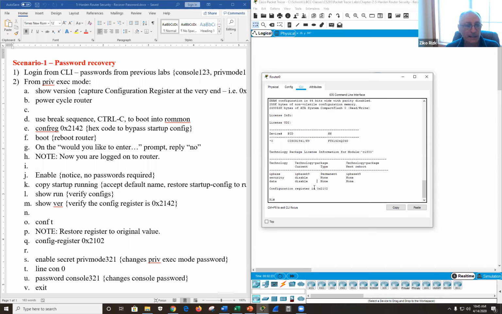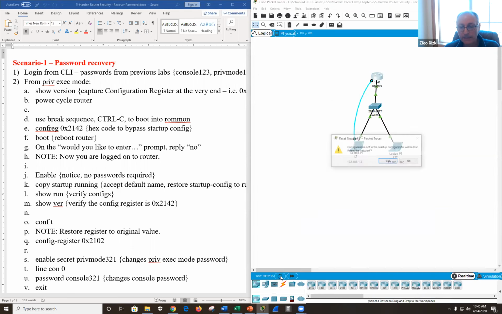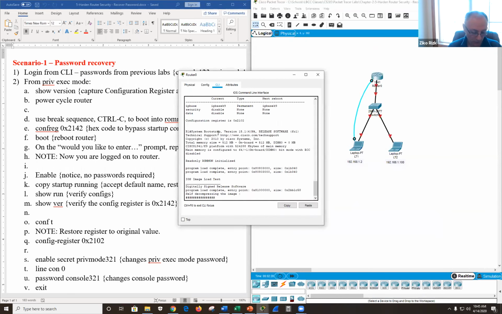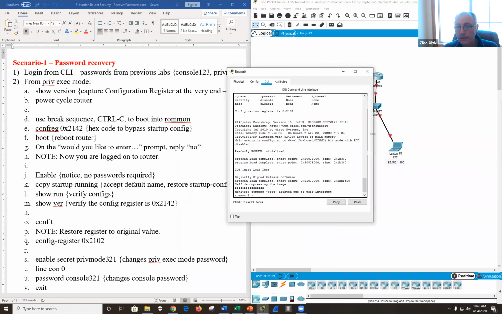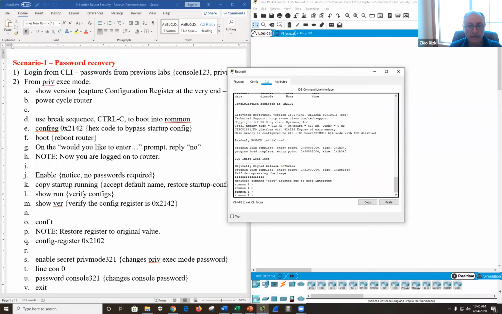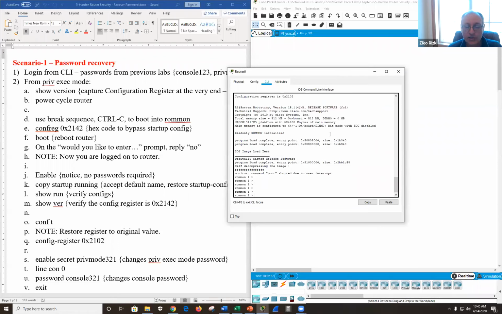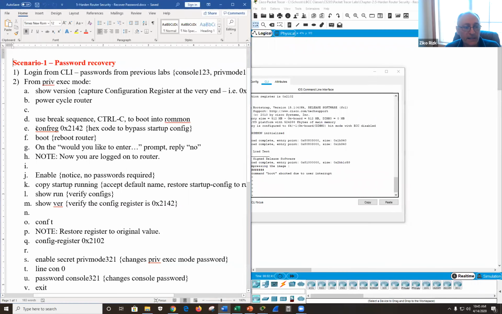So let's go ahead and power cycle, Control C, and here we are back on ROM-MON. And now I want to change the register to this value right here.